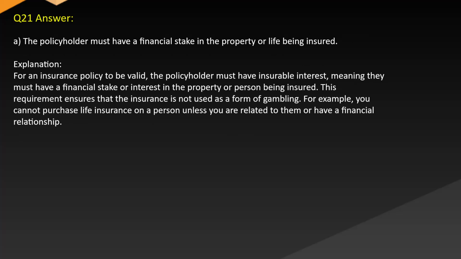Answer: A. The policyholder must have a financial stake in the property or life being insured. Explanation: for an insurance policy to be valid, the policyholder must have insurable interest, meaning they must have a financial stake or interest in the property or person being insured. This requirement ensures that the insurance is not used as a form of gambling. For example, you cannot purchase life insurance on a person unless you are related to them or have a financial